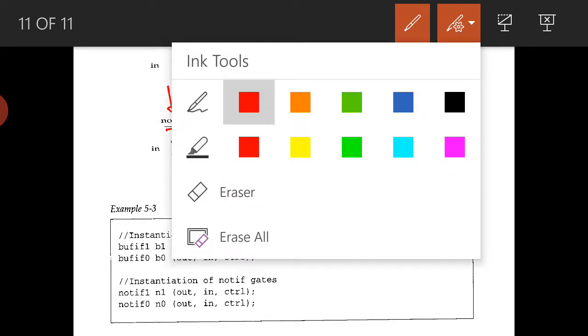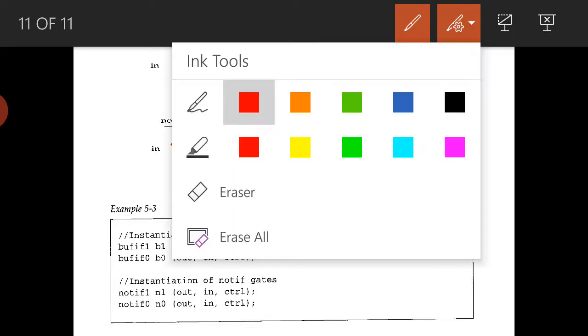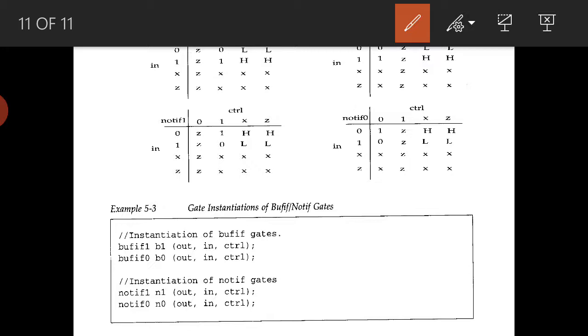Similarly, when the control is X and Z, then for the inputs high and low, and for X and Z it will be don't care only. Similarly for notif0. So here what we are saying,